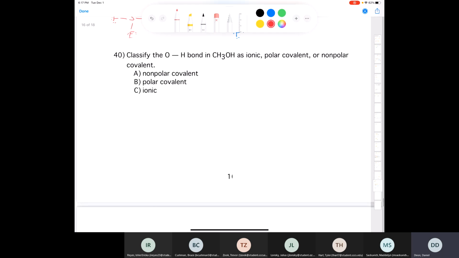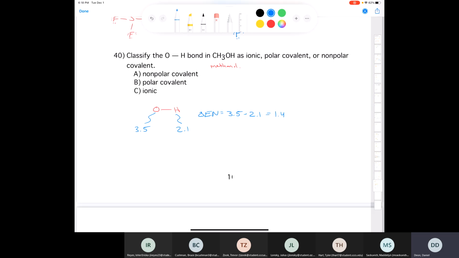Number 40, classify the oxygen-hydrogen bond in methanol, CH3OH. That's methanol, it's called wood alcohol. Is that ionic, polar covalent, or non-polar covalent? Well, there's a pretty big difference in electronegativity, isn't there? Oxygen has an electronegativity of 3.5 and hydrogen is around 2.1. That means the delta EN is the absolute value of the difference between those two, 3.5 minus 2.1, which equals